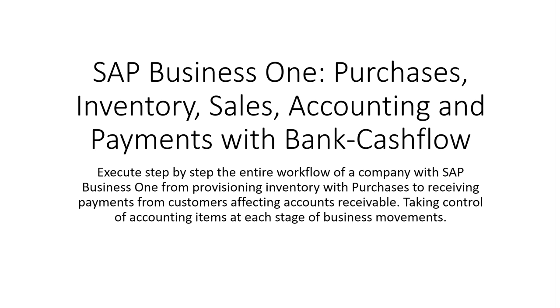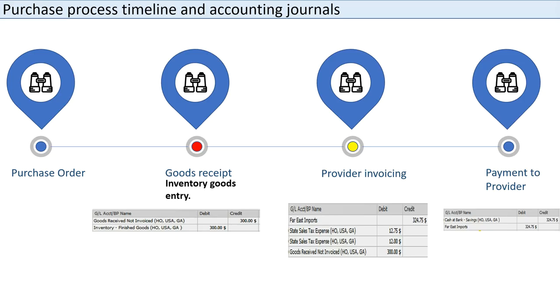This course is about SAP Business One purchases, inventory, sales, accounting, and payments with bank cash flow. It will take all these process timelines, from the creation of the purchase order, to the goods received and how it affects the accounting journal, the provider invoicing and how it affects these three accounts in the journal, and the payment to the provider when we affect the banks and the account